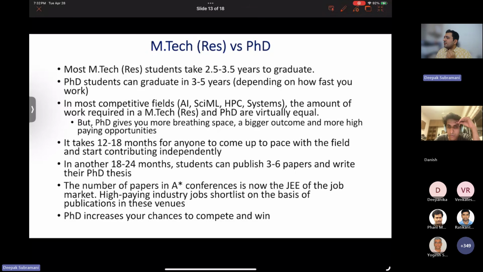In BTechs in IITs, if time permits, students get to work outside their department on projects they are interested in. Is something like that possible or allowed in MTech research? Let me be very frank with you. To do quality research in one topic, you need about 2000 hours of work, give or take. What is 2000 hours of work? It is 8 hours per day, 5 days a week, 50 weeks in a year.